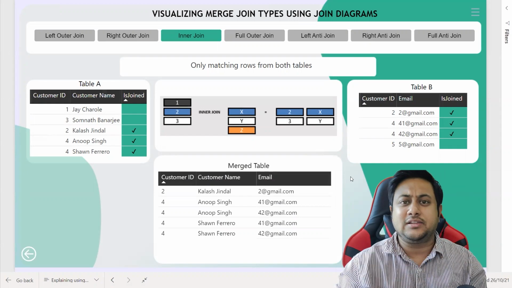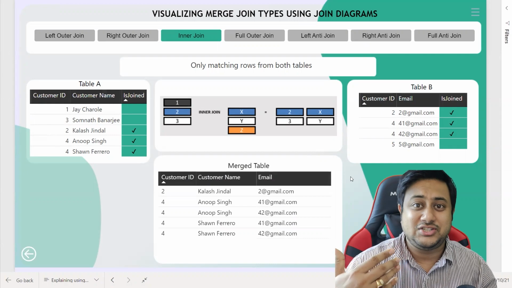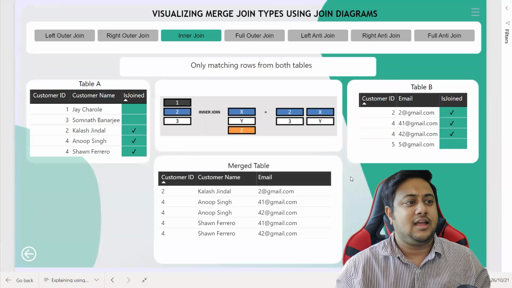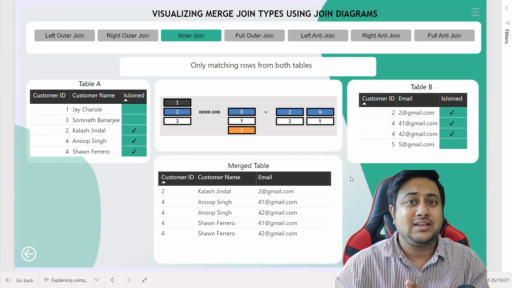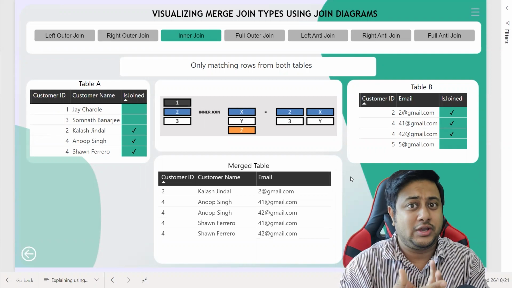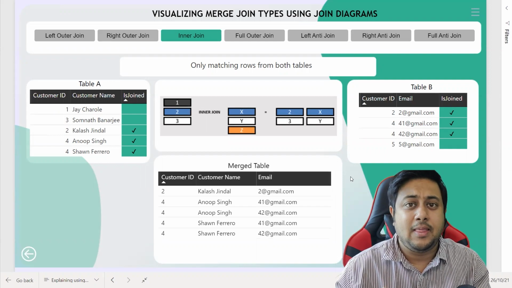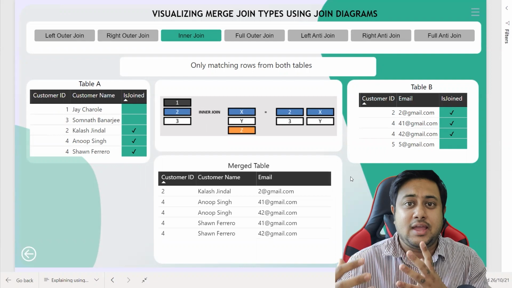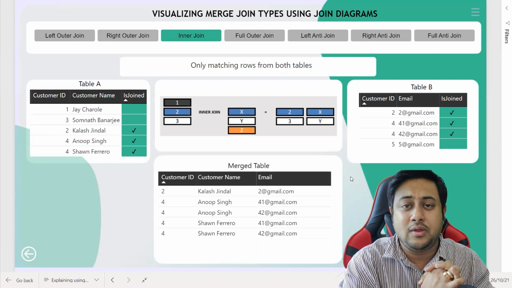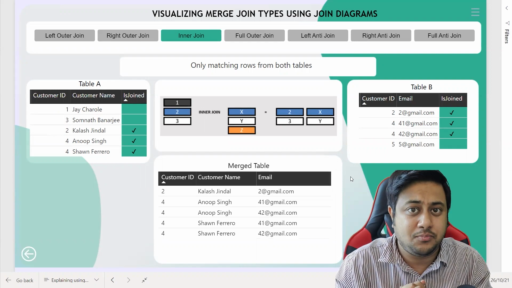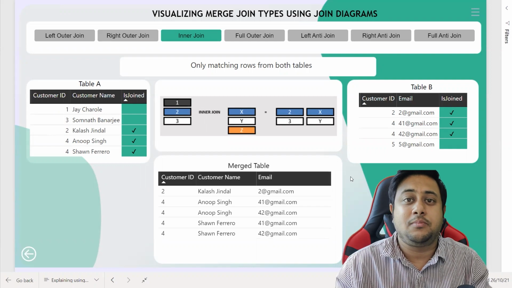You will also get this PBIX file in the description below so that you can check out how Jay has created this. And that's it. That's all about joins. I hope you understand. We already have joins in Tableau and joins in Power BI. We also do joins in Excel, but the concepts, the roots, everything remains the same. The concepts are always from the SQL point of view, and joins are one of the most important topics you should always learn. A data analyst should be a master of that.